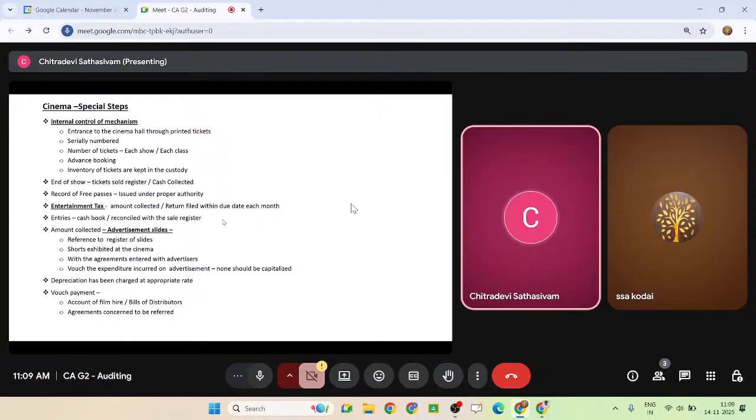And if you see, assets capitalized means the plant and machinery, the projectors, okay, and the furniture involved. The screens, theaters, seats and all. These are all your capital fixed assets. So you have to ensure that these capital assets have been capitalized and the depreciation has been charged at the appropriate rate for the respective block of assets. Okay. Because projector is plant and machinery and everything is a different thing.